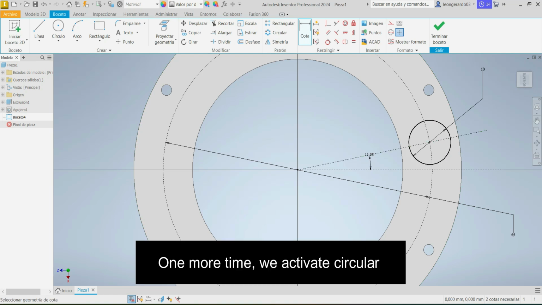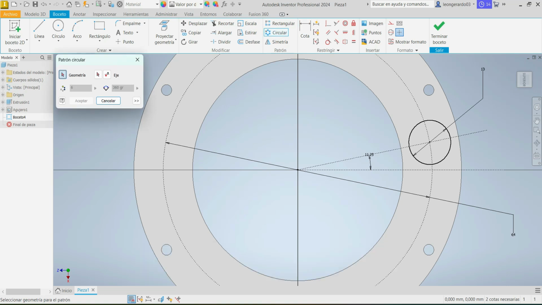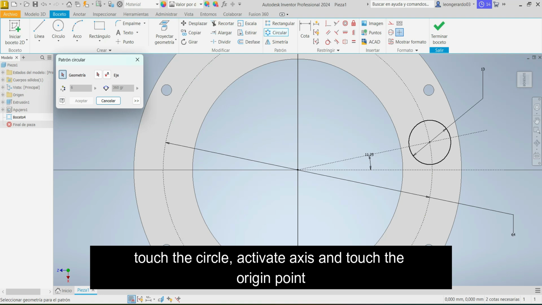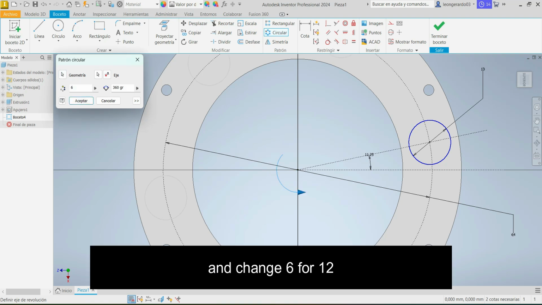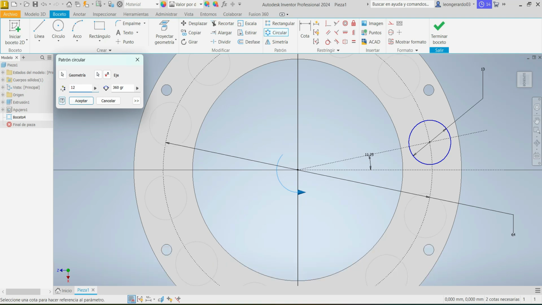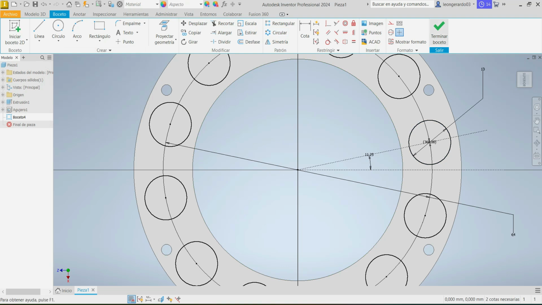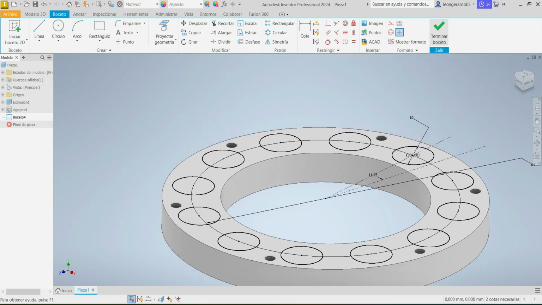One more time, we activate circular and the same. Touch the circle, activate axis and touch the origin point and change 6 for 12 and click on OK. Finish sketch,